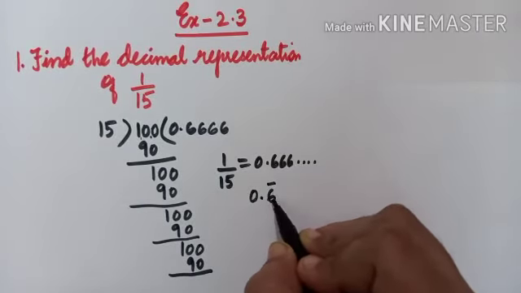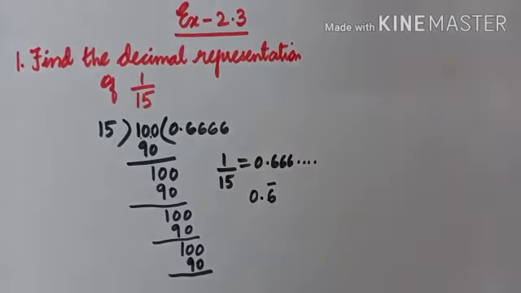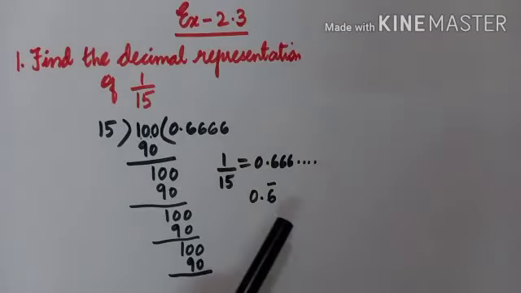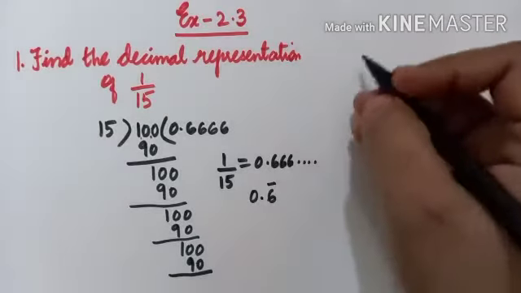So this bar is placed on one digit. This is 6, so that means 6 is repeating. Okay, so this type of decimal is nothing but a non-terminating recurring decimal. Okay everyone, so now the next is